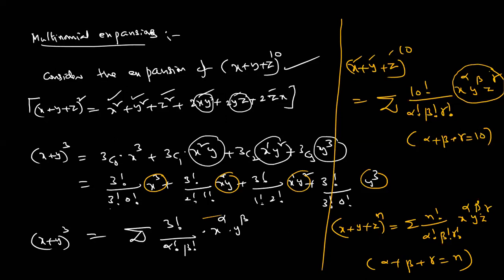Now come to the point. Sir, till now you're discussing only x plus y plus z. Sometimes they are giving x1 plus x2 plus and so on, xr like that. But this concept is very, very important. Why? Because the same thing we are using in permutations and combinations. I'll tell you how.